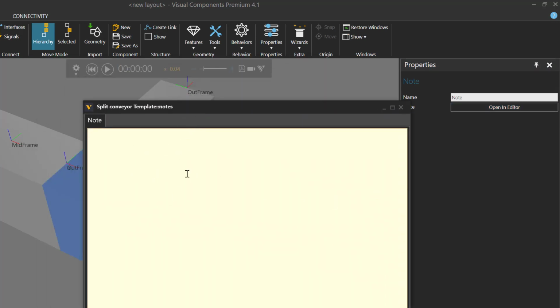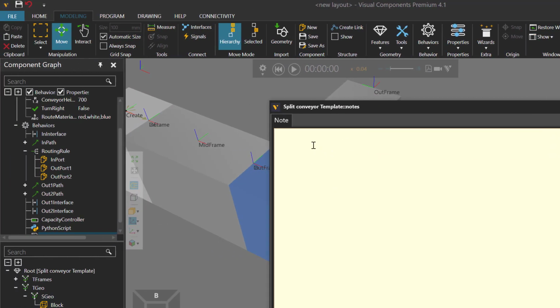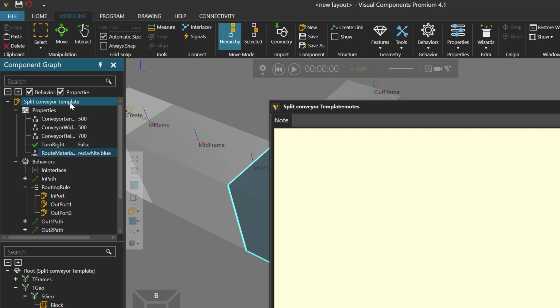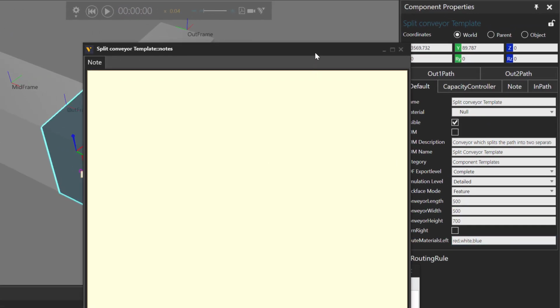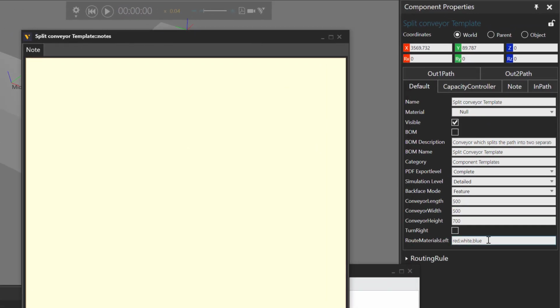You would have seen something like this earlier with the advanced feeder. It has several notes. But here our note will be simple. We'll just have a long list of separated values using a comma of the material names. So let's go to our component and get that route materials left property. Just copy all these values and paste them here.